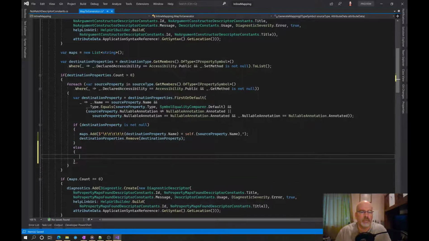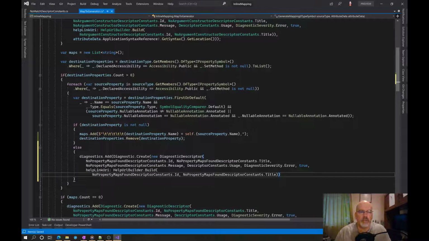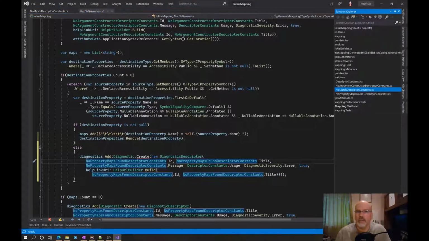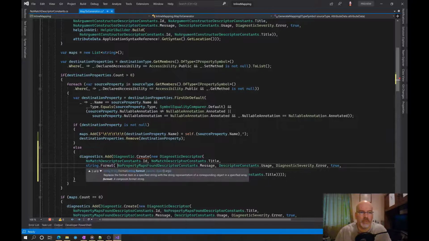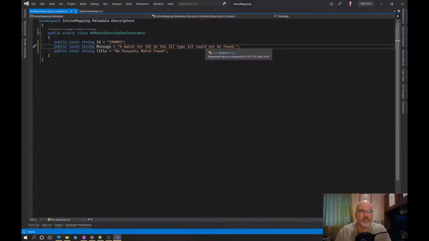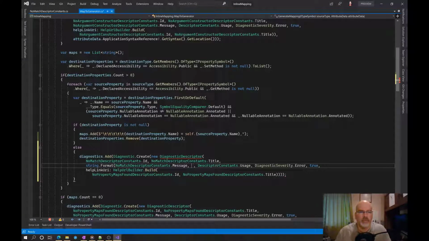Else, we're going to say here diagnostic create, and then no match, except we've got to be a little careful here. We need to match the ID, the title, except here we want to say string.format that, and now a match for the property name. So we want to say source property dot name